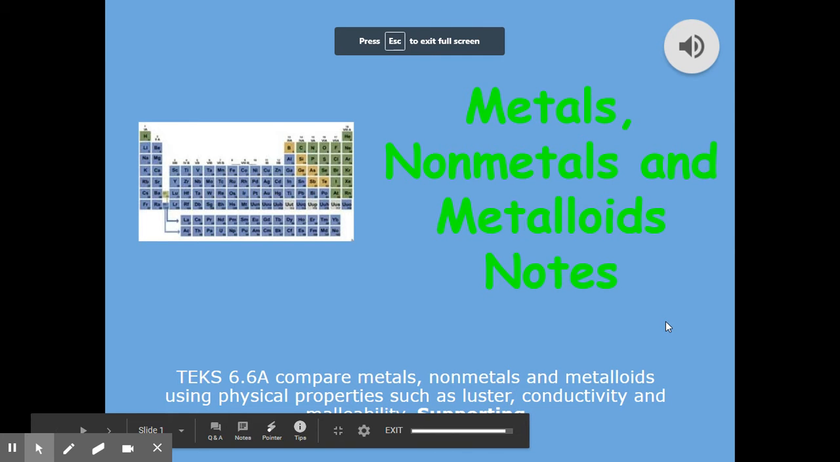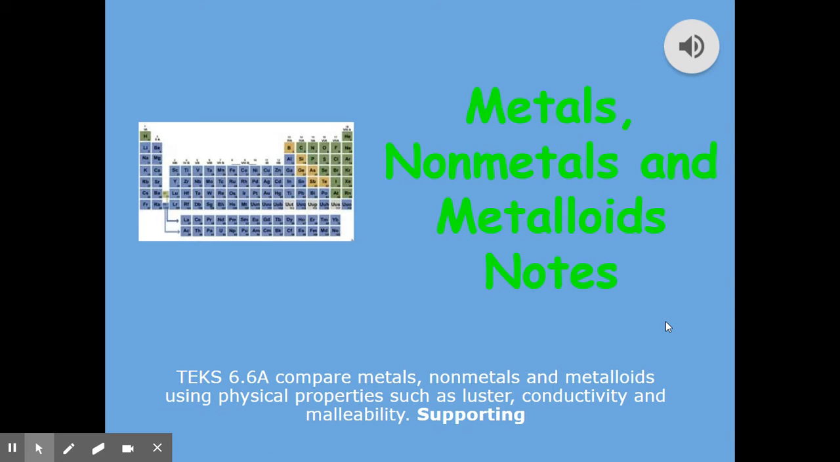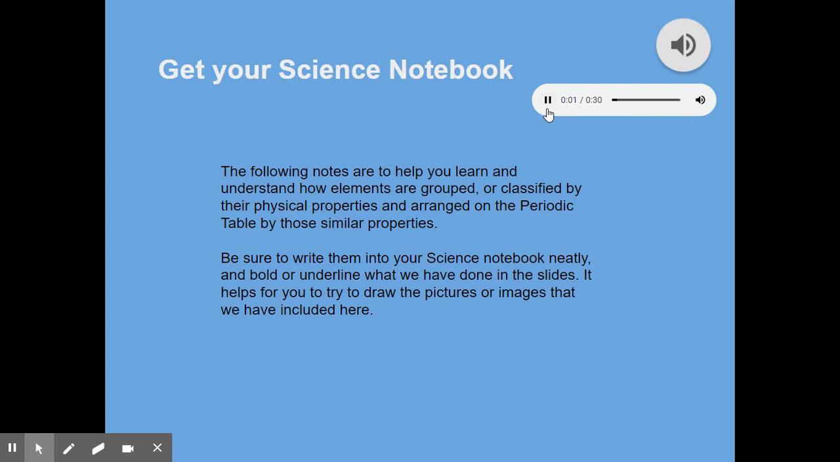Hi guys, today we're going to be learning about metals, nonmetals, and metalloids. And we are going to be talking about their physical properties such as the luster, conductivity, and malleability. Also, with the following notes, hopefully you will understand how elements are grouped and classified with their physical properties and how they are arranged